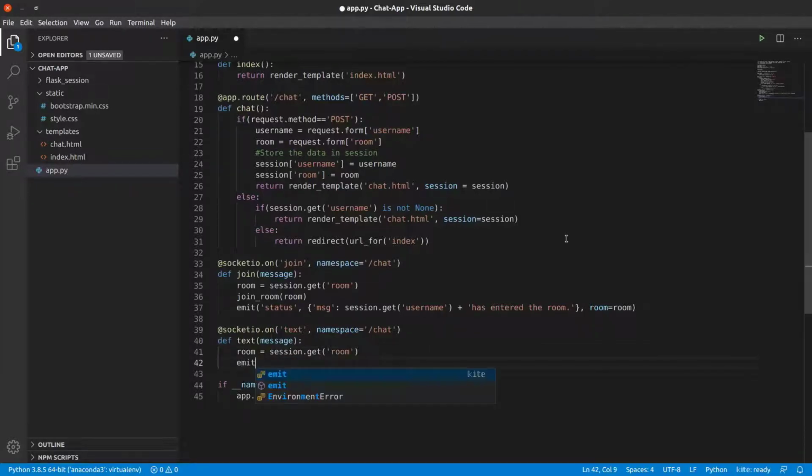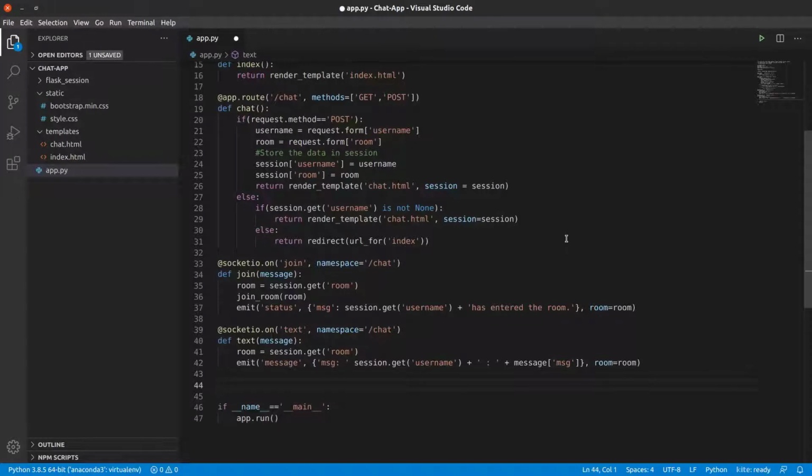So emit message, which will be msg: session.get username, because we want in each message the username to also be displayed. So username plus the message which is passed, which is stored in the message array, and we will pass the room along with it. So room equals room.